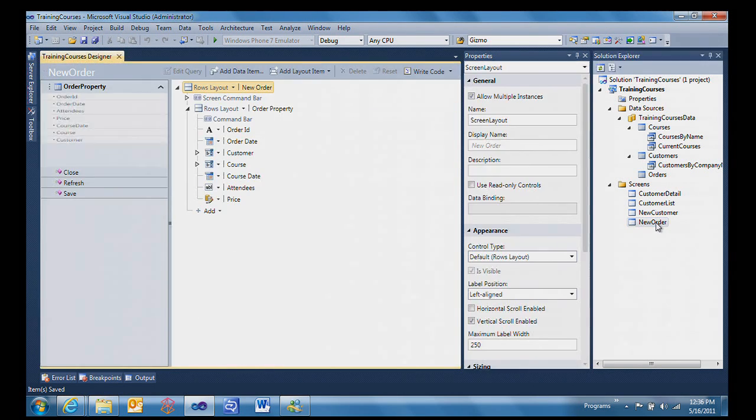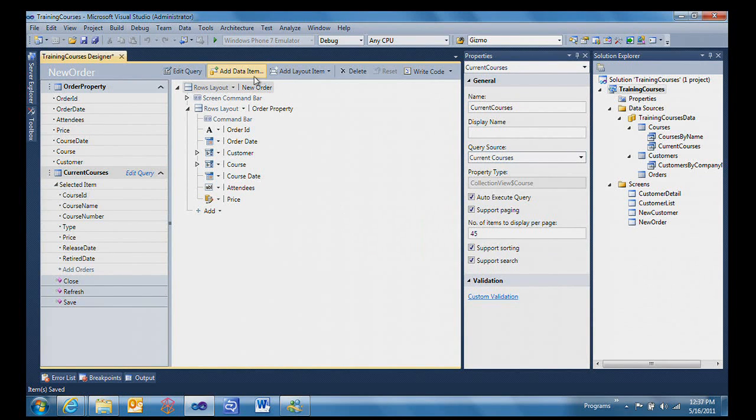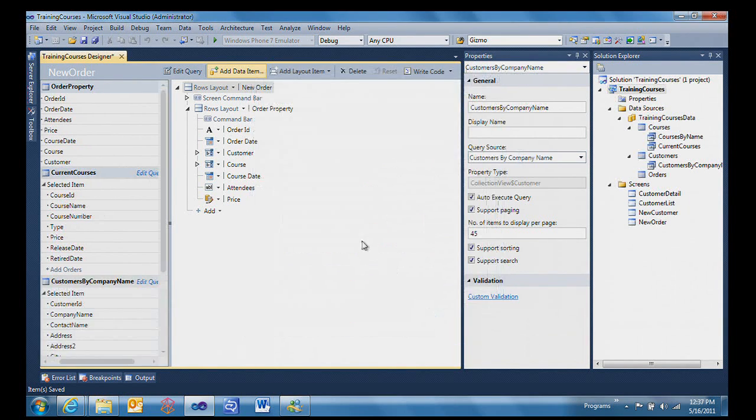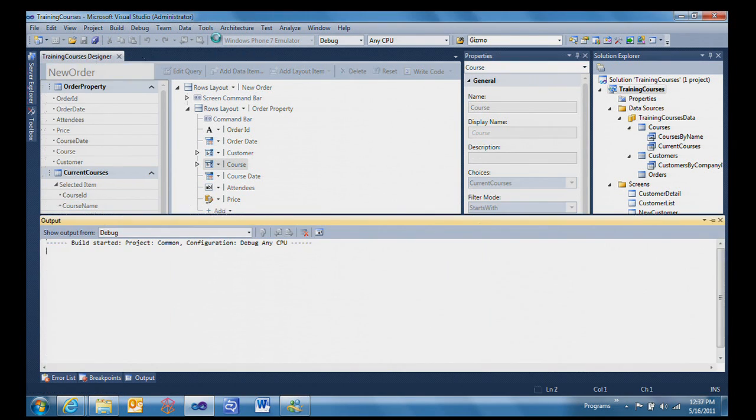Back to my new order screen, I want to use these queries inside the new order screen. Well, queries are data, so I will add a data item, and I will add a query, and I'm going to select current courses, and then I'm going to add another data item, which is a query, and that is customers by company name. And then for customers, I come over here to choices, and I say rather than use the query that you were going to use, use customers by company name, and for courses, use my query current courses. Okay? All right, so now, when we run this,